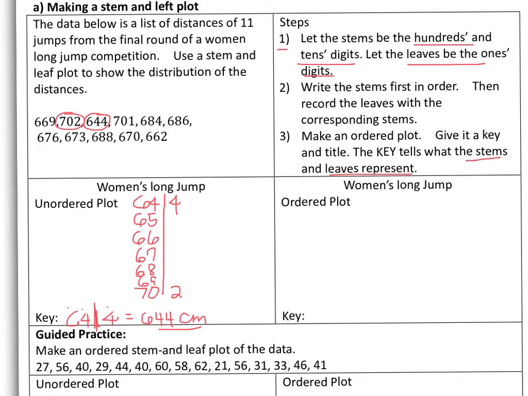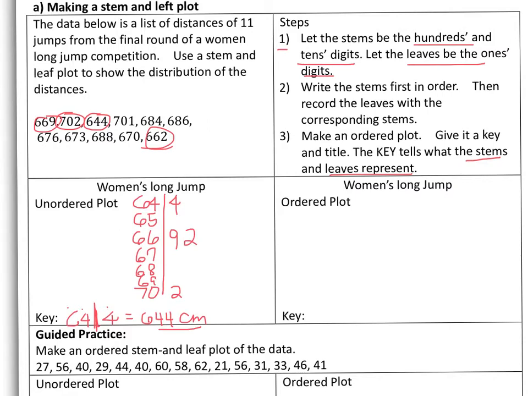Okay, and I'm going to look for the next number. There's no 65s. There happens to be a 66, and 669, and there should be another one, 662,